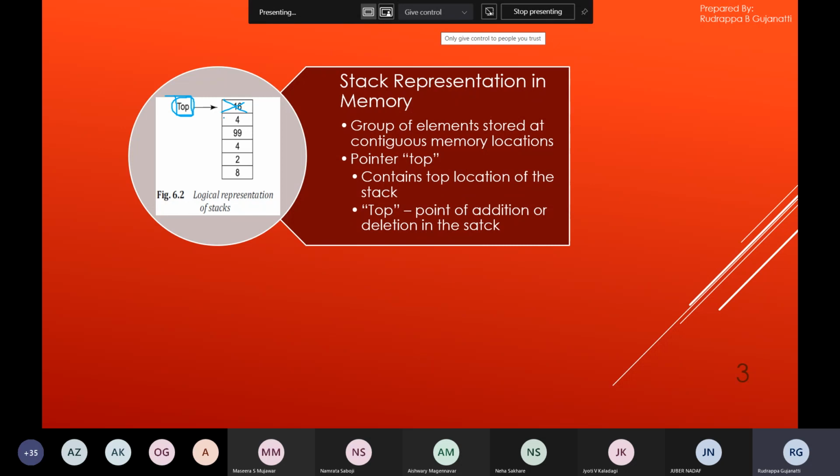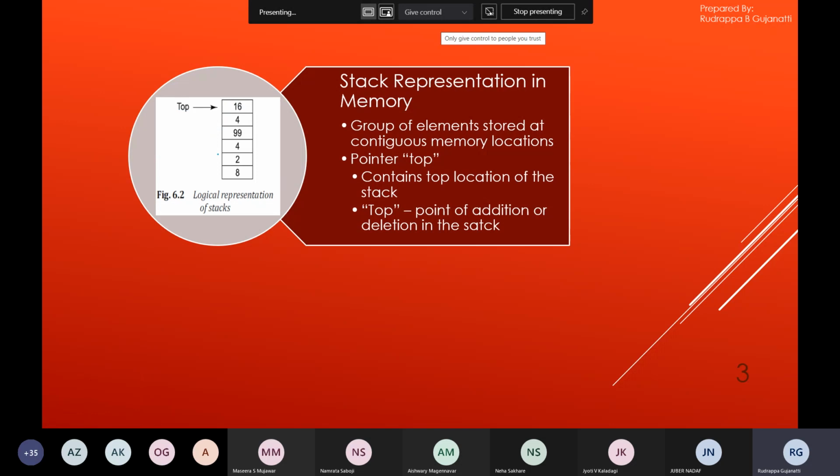In simple form, if I have to remove an element from the top of the stack, I have to get rid of this element. If you want, you can retrieve that element and then go ahead with any other operation. But in simple form, I just want to delete this element. So this element is removed from the top of the stack. What I do is I take top minus 1. This will point to this information, and I update the pointer top with this new address. So this is deleting the element from the top of the stack.